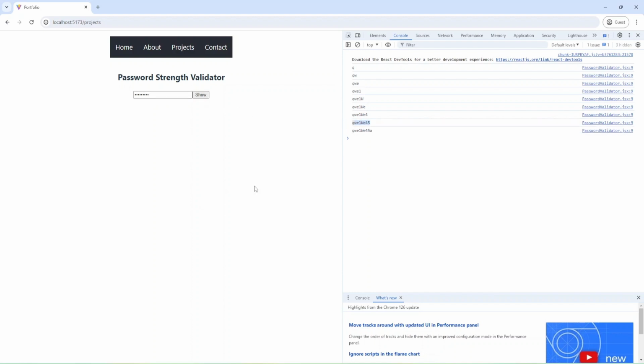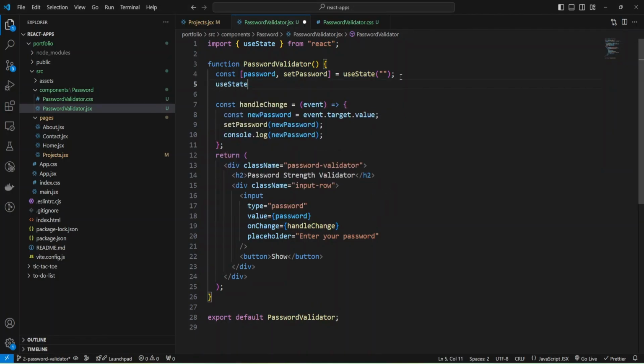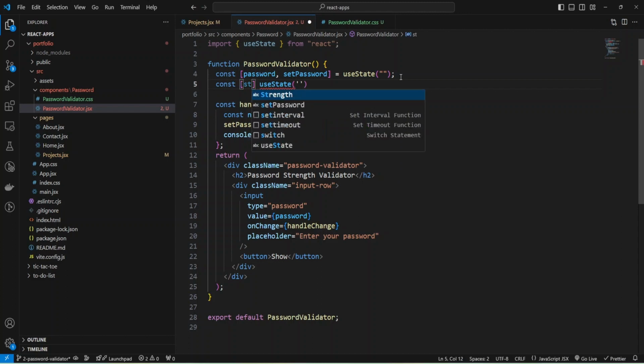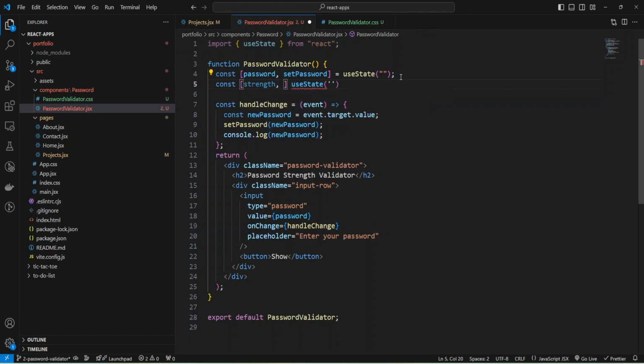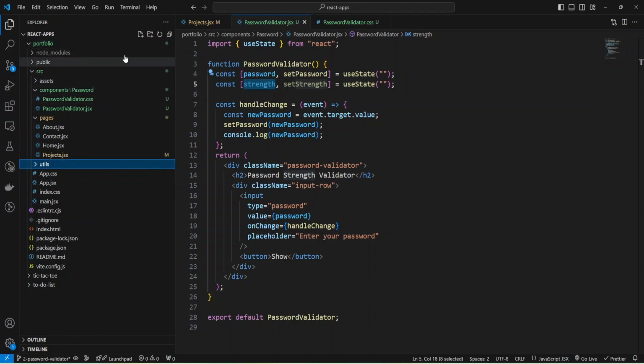Let's add functionality to check our password strength, and for that I'm going to add a new state variable with empty string initially, and it will be const strength, and set strength, and assign what useState returns, and now I can add folder utils, and create my function inside that folder.